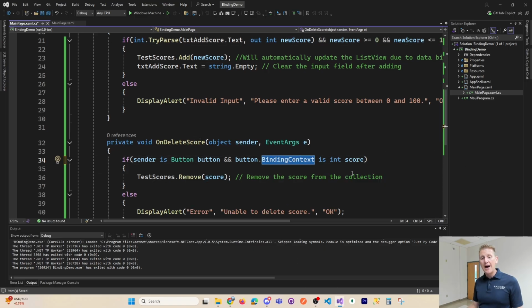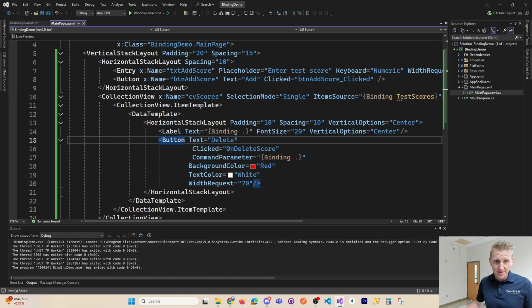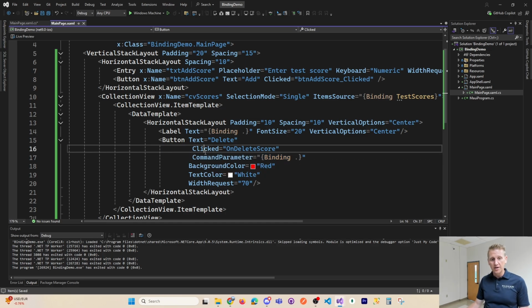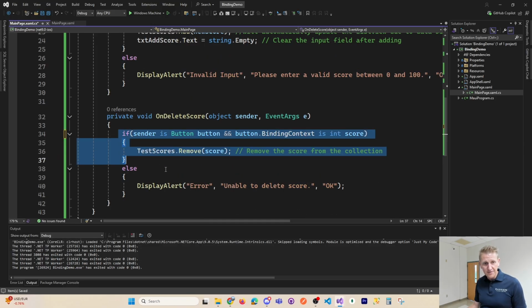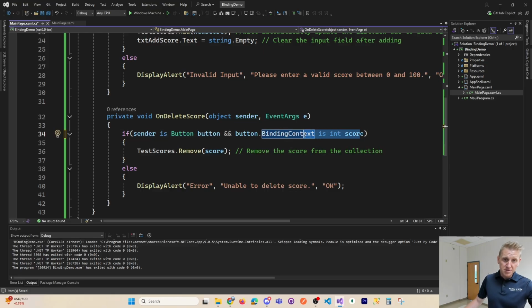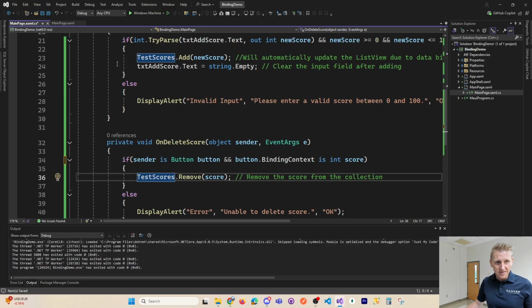So again, you could just think of the binding context as the actual data. Notice we're binding the data here through this command parameter attribute. We're just taking the number, the 100 test score, and passing that in as a parameter, and then we read it using binding context. Okay, and if that's the case, that the sender is a button, and you can convert the data that's bound to that button into an int, then here, I don't want to miss this,